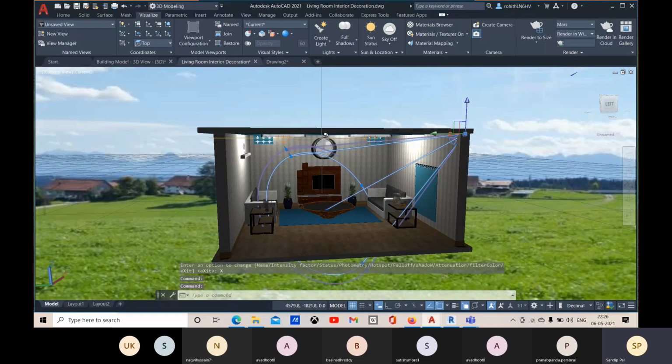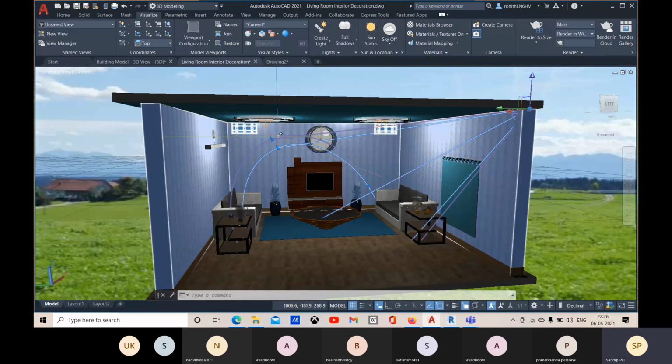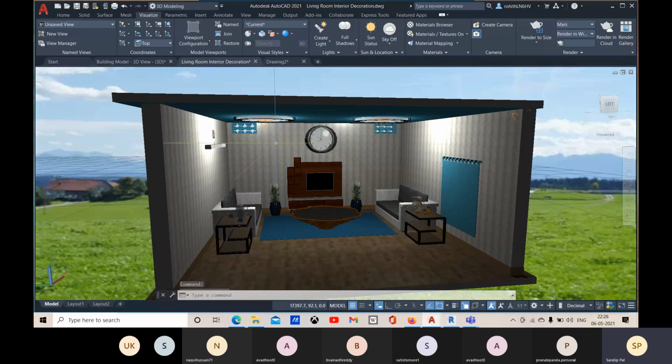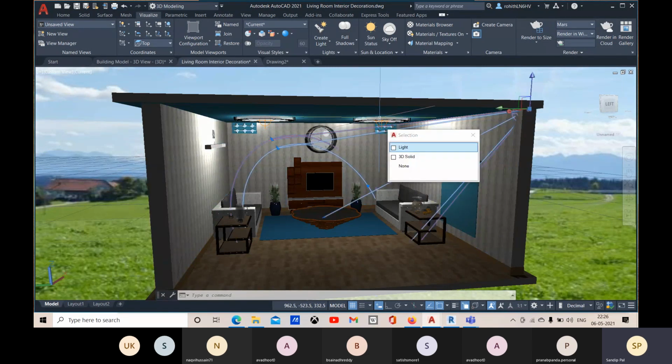Now let me just change this. The outermost circle is your falloff area and the inner circle is called hotspot. Within this hotspot area, you will have the most intensity and it will start to decay till the falloff area.